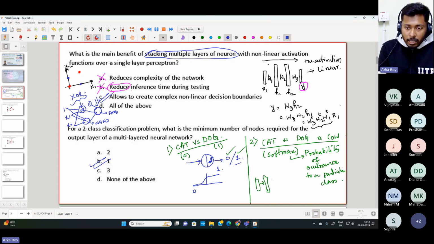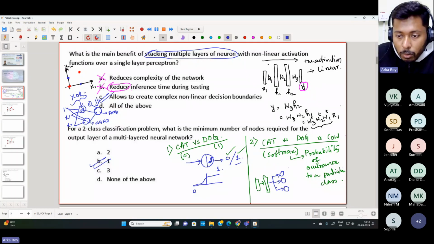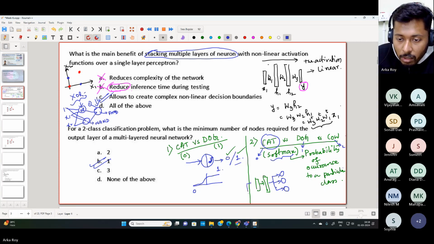And in the last layer, the classification will be done. So in the last layer, you will have three neurons. Let's say cat class is the 0th class, dog class is the first class, and cow class is the second class. If the image which you are feeding as input belongs to cat,